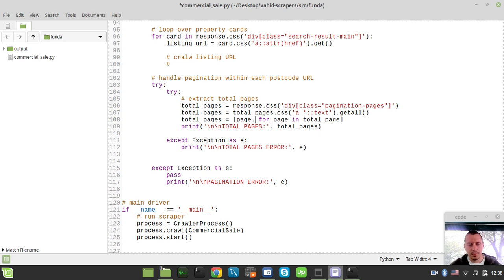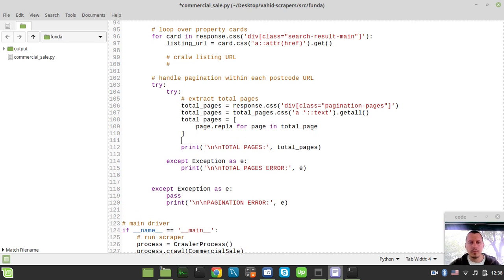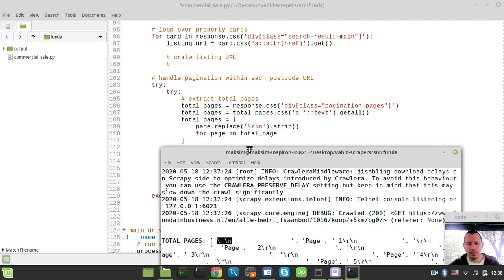I want to replace, so let me just verify this slightly. So page dot replace, and what we got here, so carriage return followed by the new line, and also trying to strip this, and also we need to try to